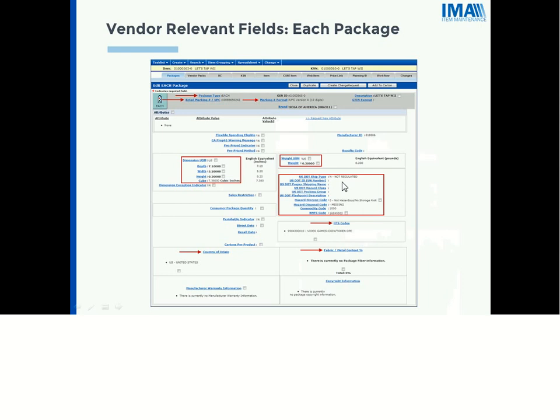Below your weights, you see your hazardous information. It's really important that you answer this hazardous information correctly. Otherwise, it could potentially have disastrous results. For example, a couple of years ago, there was an item that was being sent on an airplane that should not have been on the airplane at all. It was some sort of propane or gas for camping, and the hazardous questions were not answered correctly for it.